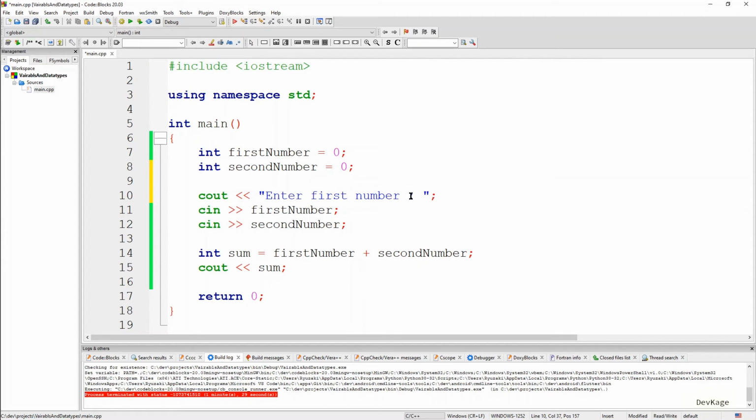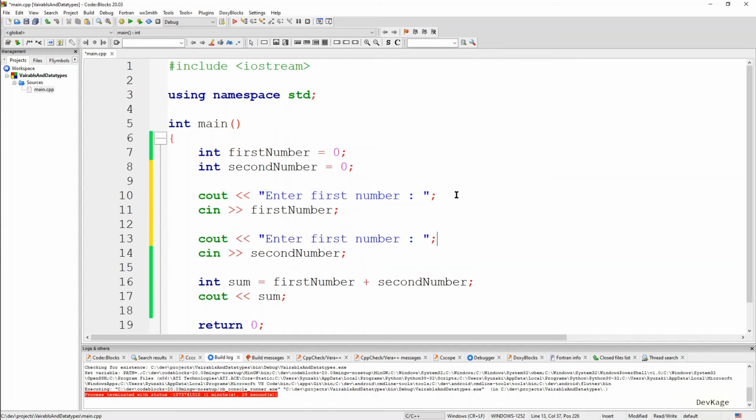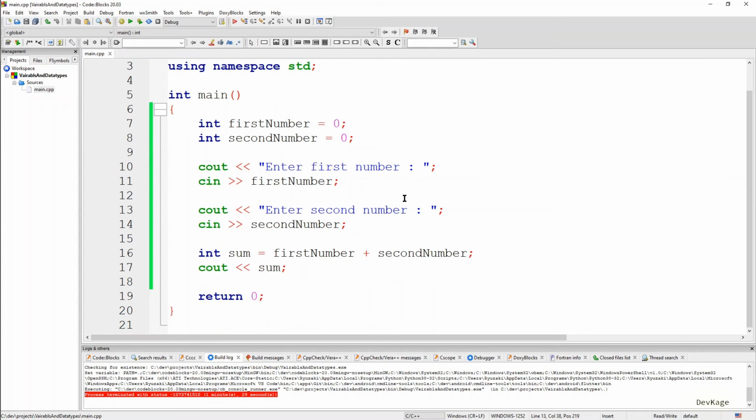I'll not write an endl here because I want it to stay on the same line. And similar to this, I'll add one more cout statement before the second cin, which will display "enter second number". And finally, before displaying this sum, I'll write "the sum of